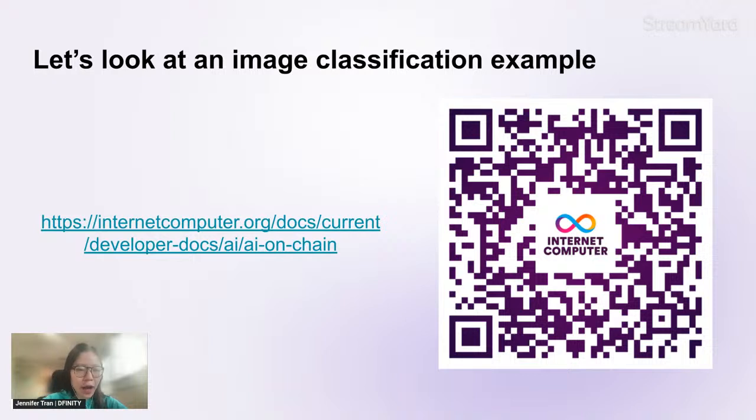So then we can go through this code here. It is on the Internet Computer Docs. I'll give you guys a second to scan it and open it on your computers, or just type it in the URL. If you want an easier way to find this, you can go to internetcomputer.org/docs, and there is a DAI section. From there, there is an image classification example. With that, I can now show you on the docs where this is and stop presenting this here.